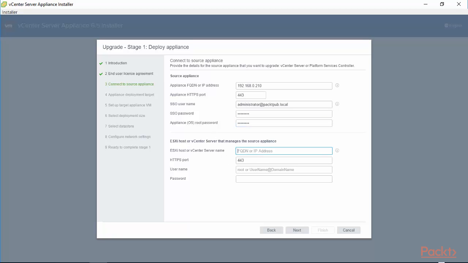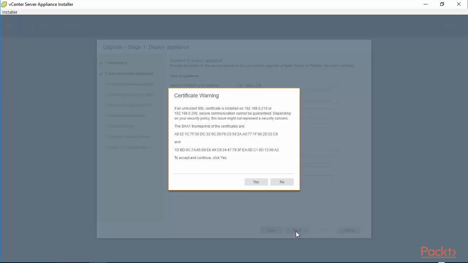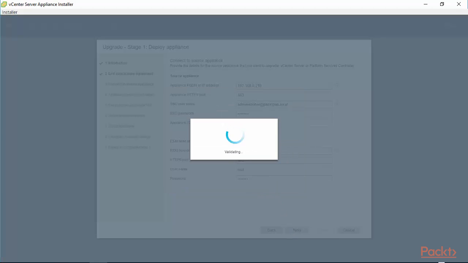My ESXi host where this is hosted is 192.168.0.200. Correct. My username there is root, and my password there is, and I click next. I get my certificate warning. I click yes to continue,